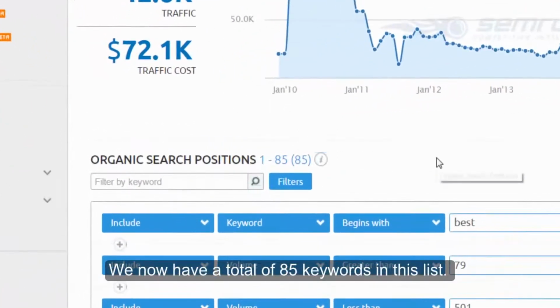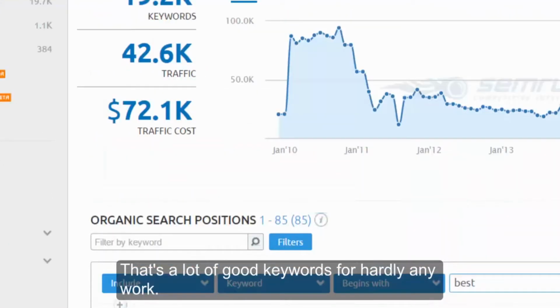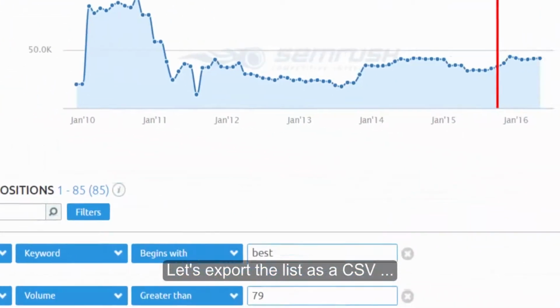We now have a list of 85 keywords in this list. That's a lot of good keywords for hardly any work. Let's export this list as a CSV.